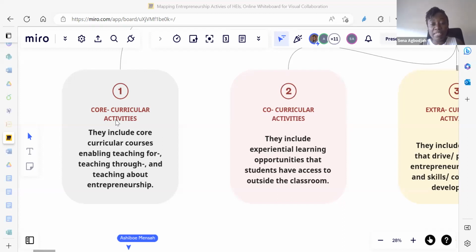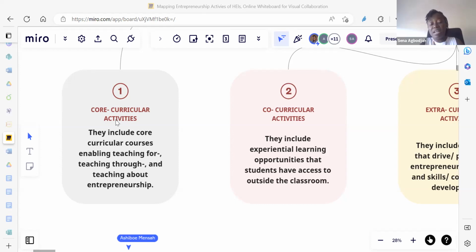The core curricular activities are basically the experiential out-of-classroom opportunities that we offer the students, but they are related to curricular activities. So they are very experiential, but they are very structured as well. They have heavy learning components. So for example, if you have a hub, or if you have some fellowships that run, pieces like that help you to support the students with structure, with curriculum that trains them on entrepreneurship, to be able to develop the skills and competencies.